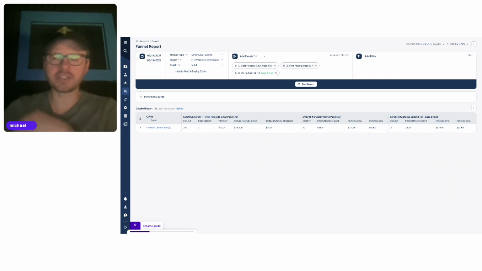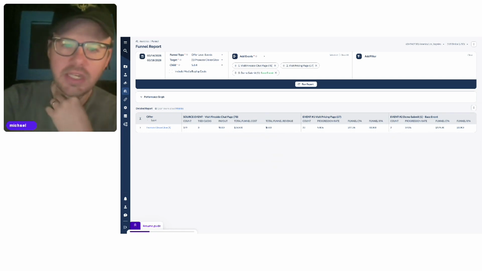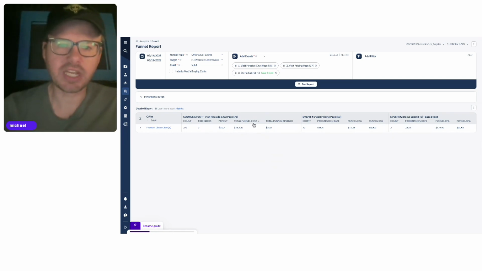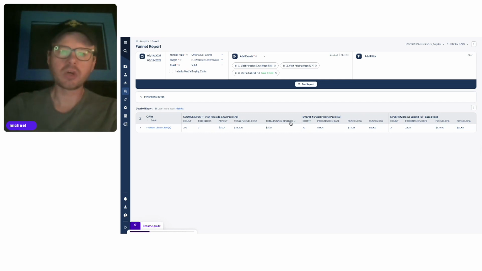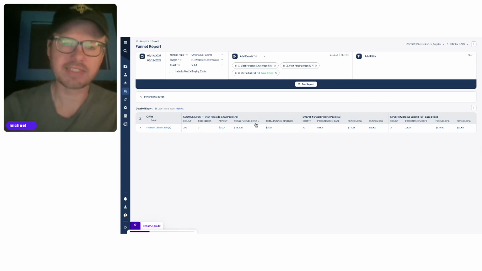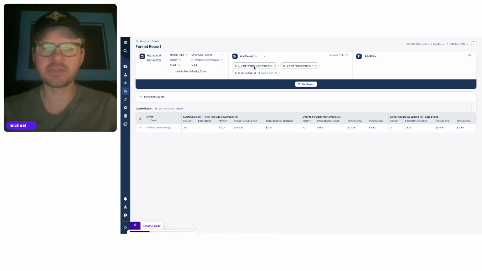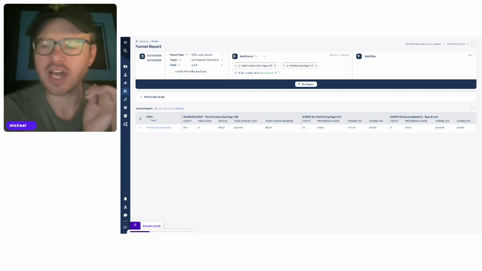The other thing that's really interesting here is the way this report works: there's a total funnel cost and total funnel revenue. Total funnel cost is, for all these events selected, so we selected 3 events here, if there's any cost associated with any of these events, which could be, for example, that I pay out on the demo submit. So that cost right there,